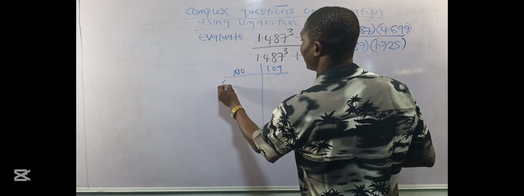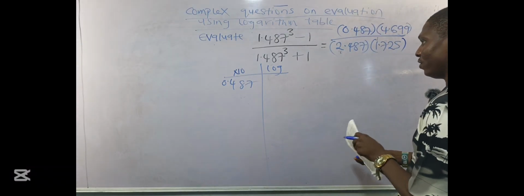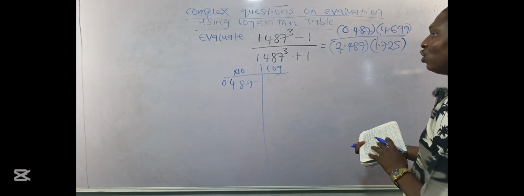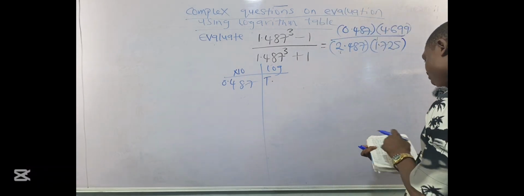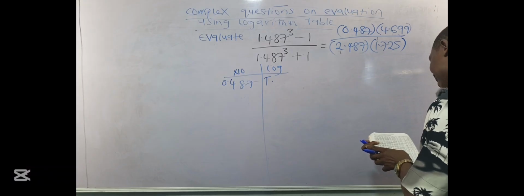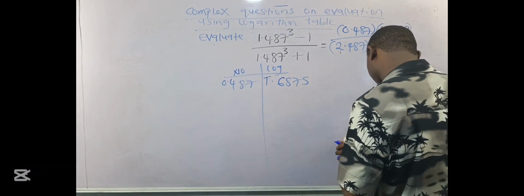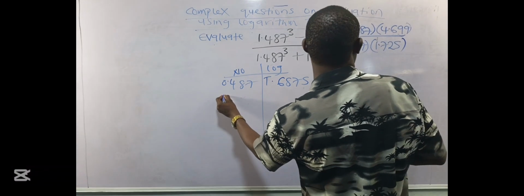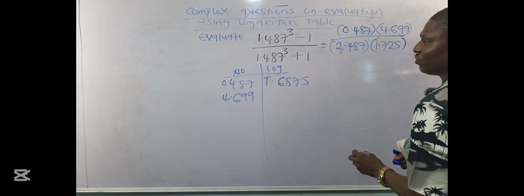So I have my first value 0.487, and that will give me by 1.487. 48 under 7 is 68. 48 under 7. 6875. And I also have